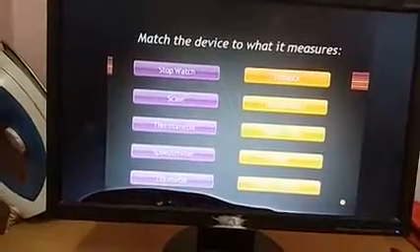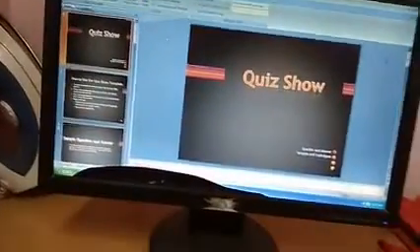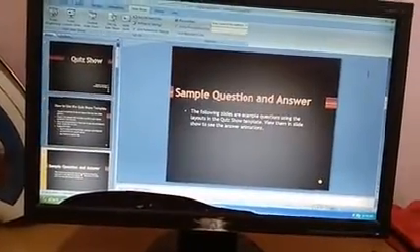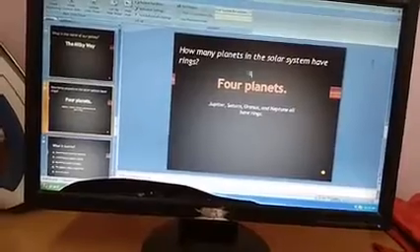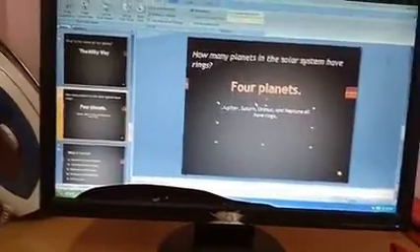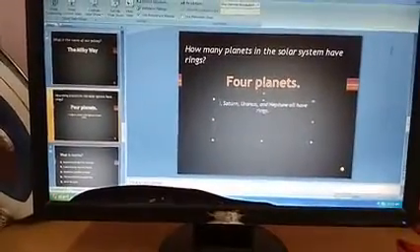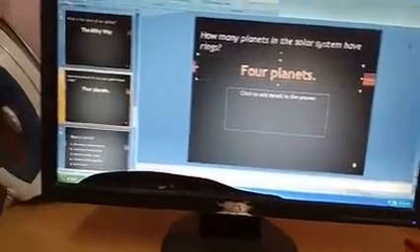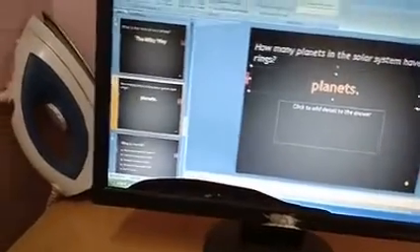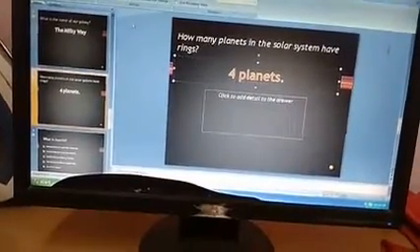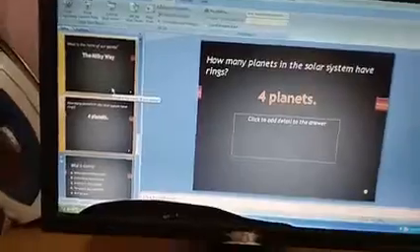Yes, so data is available. What I have to use, I can make, or I can just select the slide where I want to make some changes. Yes, so suppose here, how many planets in the solar system have ring? Suppose if I don't want to display the values, I can just make the changes over here. Yes, or I can make changes in my answer. Yes, so when I say this one, that will be reflected in my new presentation.